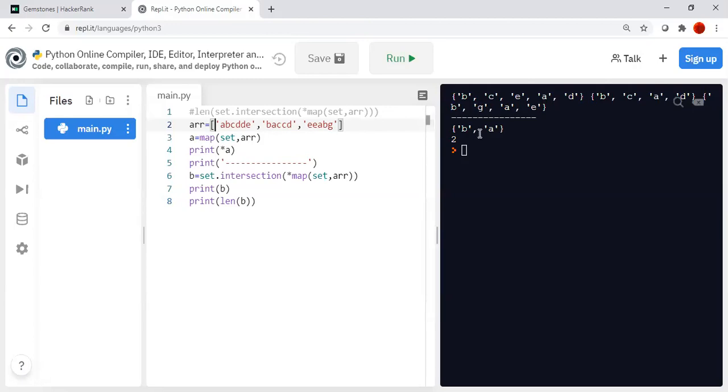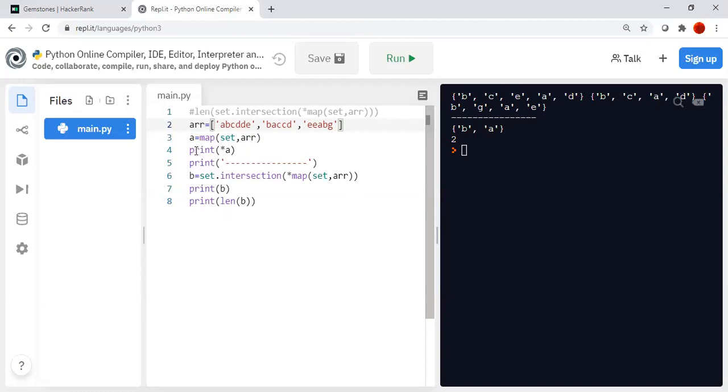This is just for viewing. Then B equals set dot intersection. Intersection is a function available in set, which is used to identify the common things between sets.